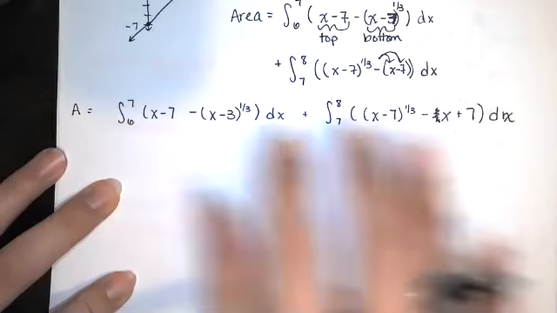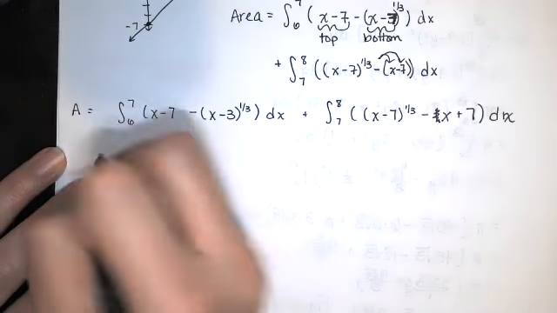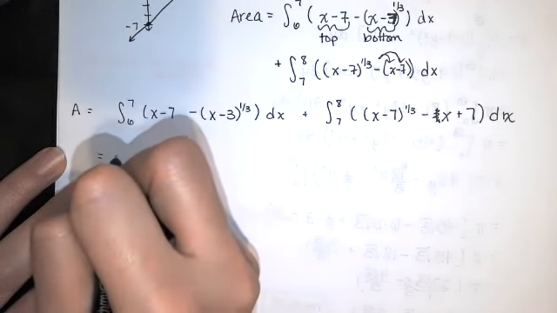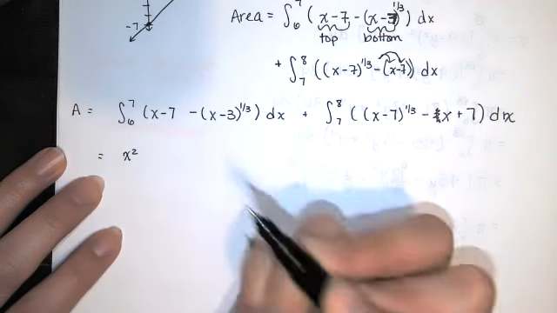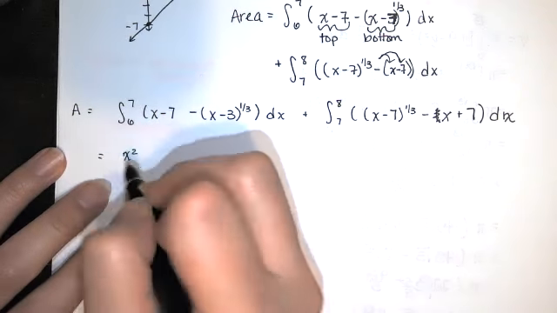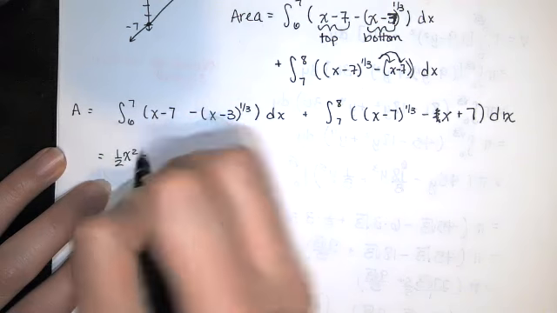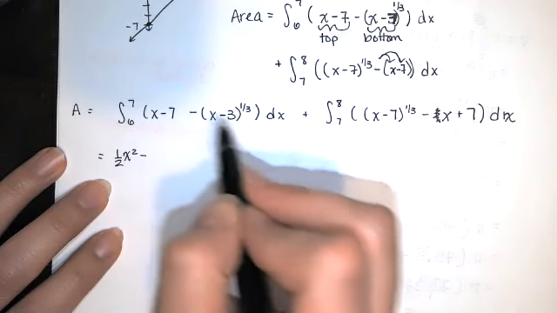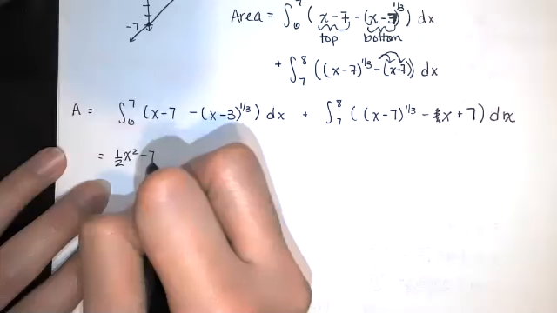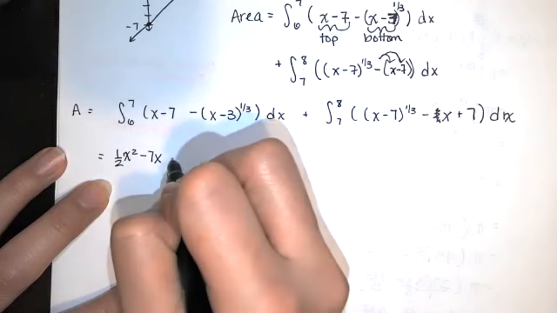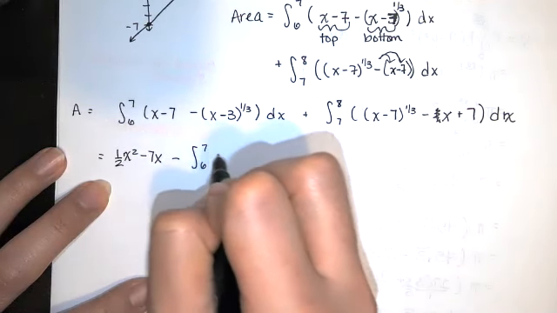Okay, so now we just need to evaluate this and this. Well, to evaluate this piece, you just use the power rule when you're taking the antiderivative. So you add 1 to the exponent and divide by the new exponent. The antiderivative of a constant is the constant times the variable. The variable in this case is x. Then over here,